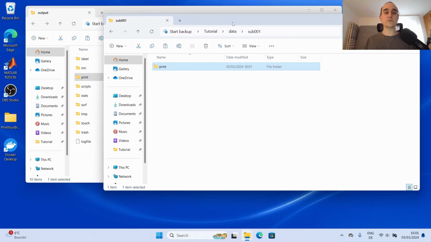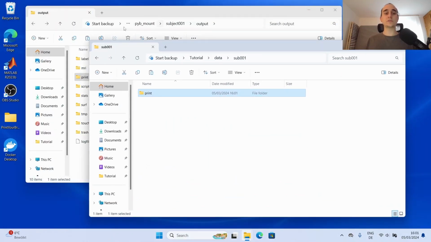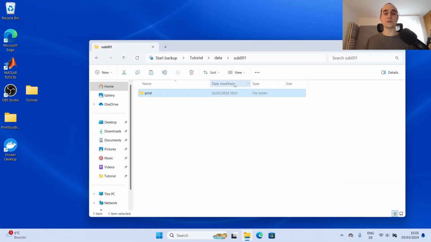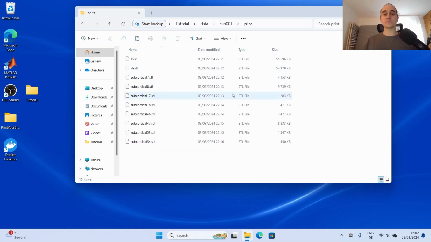So for me, I like to have it twice. We always will have it in the output folder, and I didn't remove it, I just copied it. And now we also have it in the tutorial data folder for subject 1. So if we maybe change some things and modify it, then we still have the original data now and know where it is. And now we want to open these up, but we don't have anything to do that with,